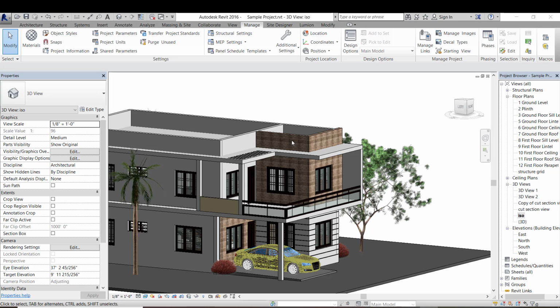Let's think about a brick wall in real life. It has a brick core, an inner wall finish and an outer wall finish. So how do we create such a wall in Revit? Let's see in detail. I am going to now edit this wall so that it has two different interior and